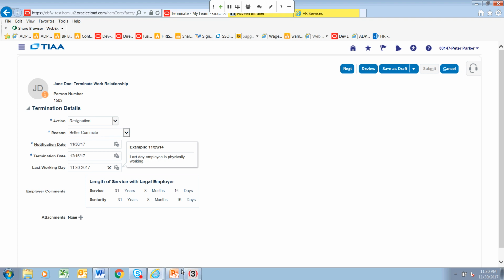If Jane Doe submitted a resignation letter, you have the ability to attach that document here using this plus sign. And once again, with all transactions, you will be prompted to review this transaction and then submit.